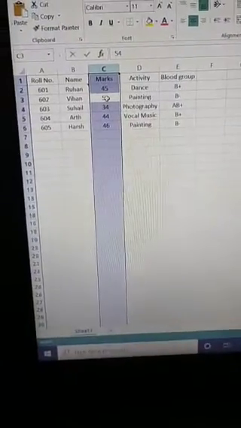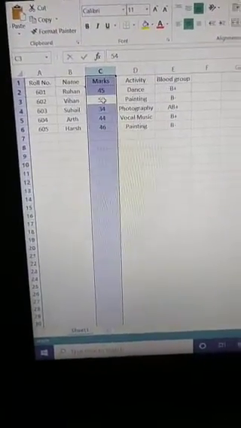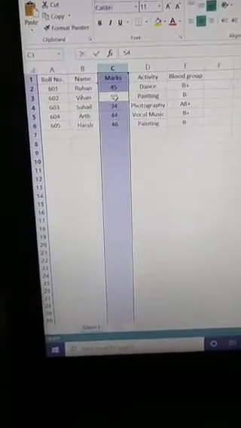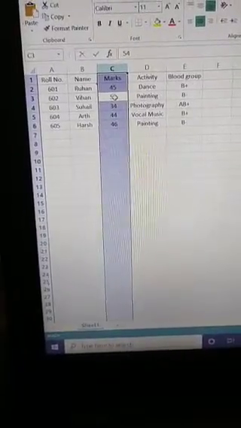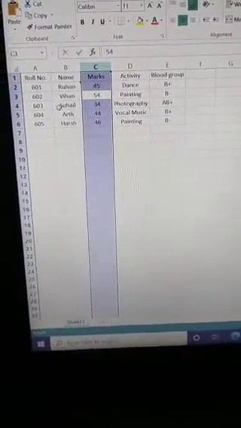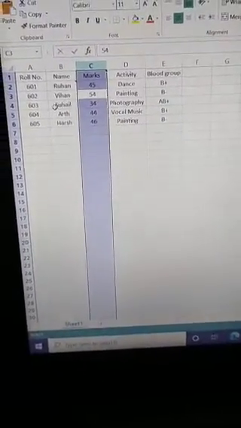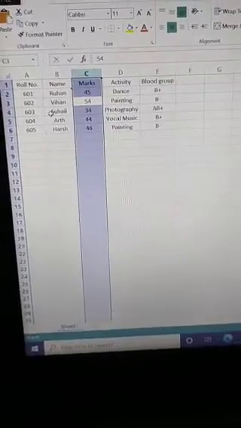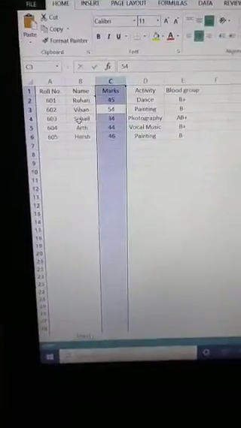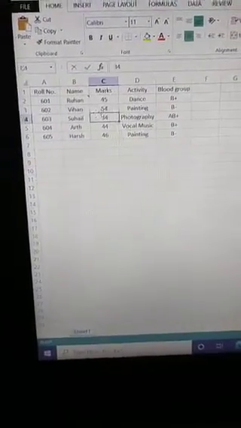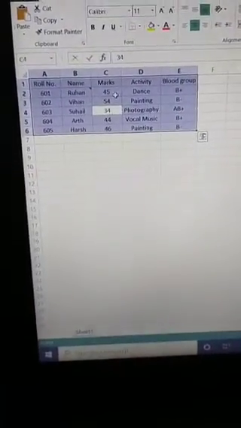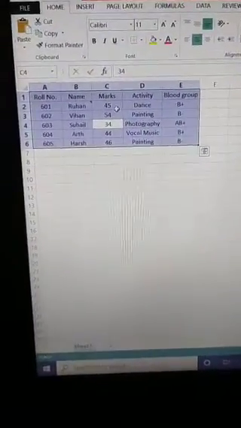When I press CTRL spacebar, then the column is selected. When I press Shift and spacebar, the row is selected. And to select the complete worksheet, I have to press CTRL A, that means Control A. So Control A can select the entire worksheet.